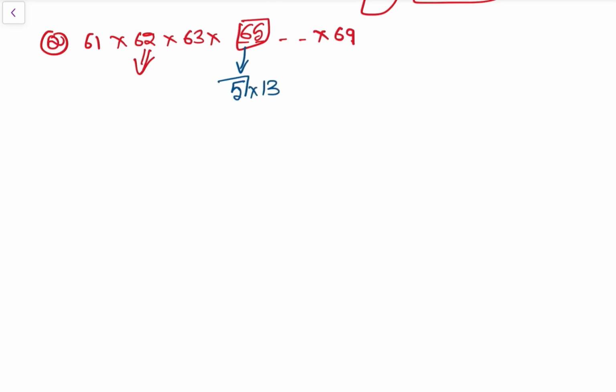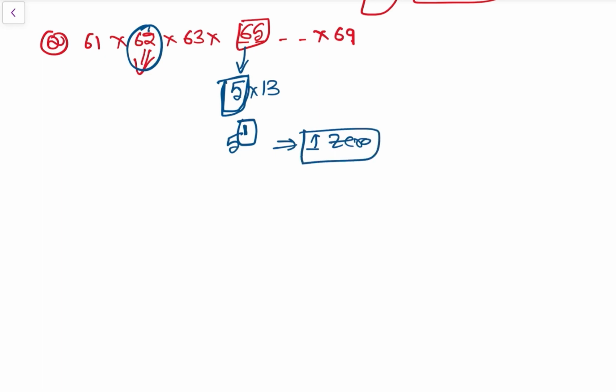a question: 61 into 62 into 63 and so on into 69. Now how many zeros will come? For the number of zeros we need to find the number of 2s and the number of 5s. The 2s we know will come in every even number, and the 5 will come in 65. 65 is 5 into 13, so that is only one 5, it cannot be divided further. So 5 to the power 1 is possible, and 2s are very possible, so 1 zero is possible for this product. Then let's do one more question, that is